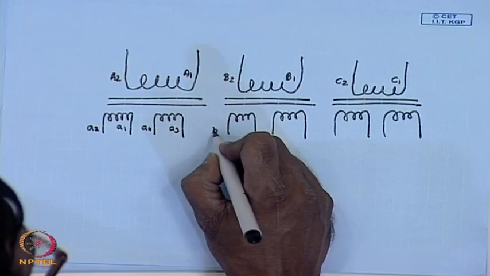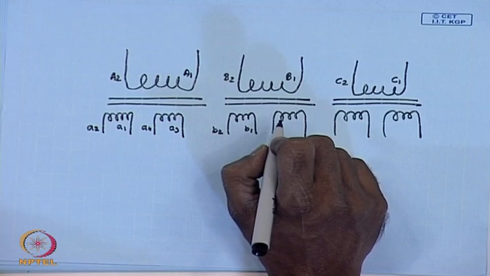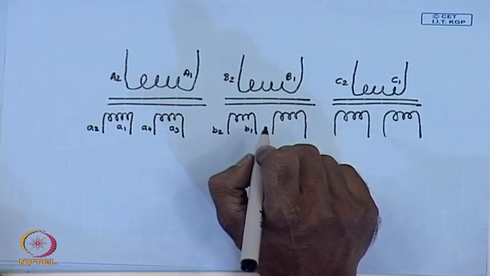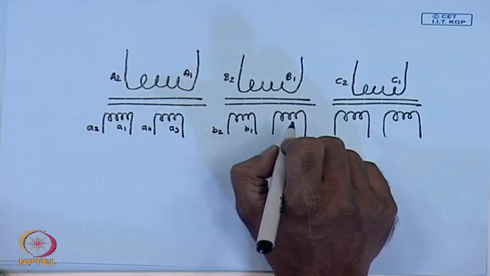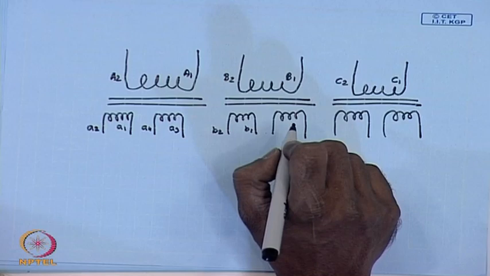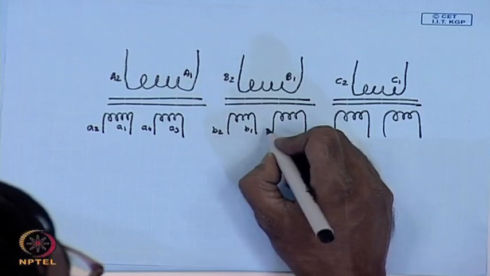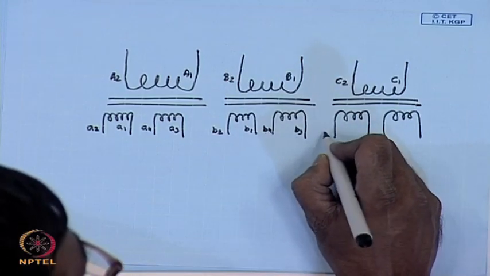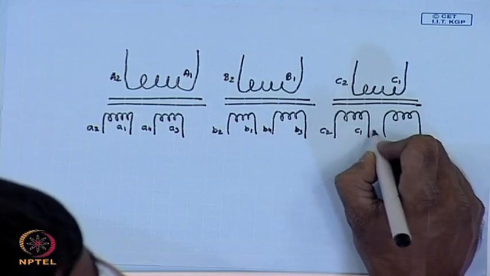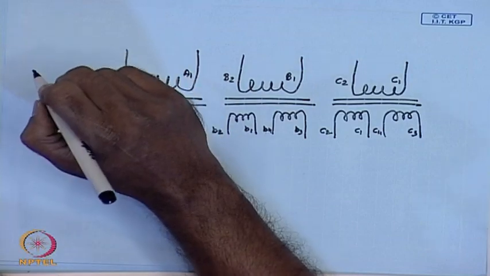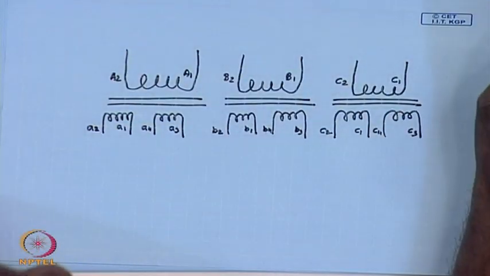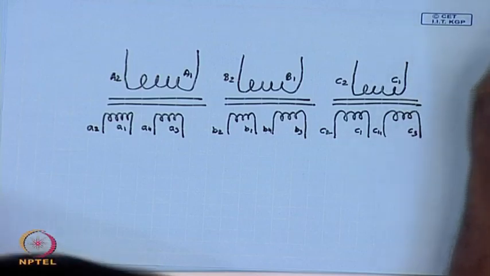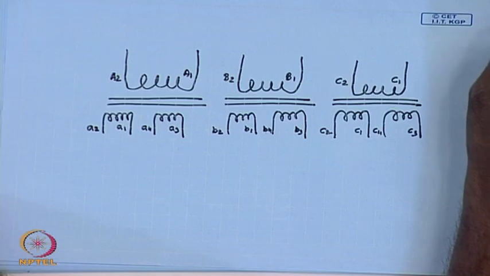This is B2, B1, this is B4, B3, this is C2, C1, this is C4, C3, indicating all the even number terminals have the same instantaneous polarity and all the odd number terminals have the same instantaneous polarity. Now, let us assume